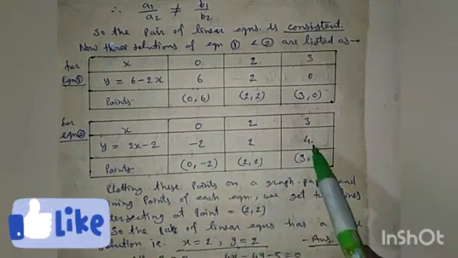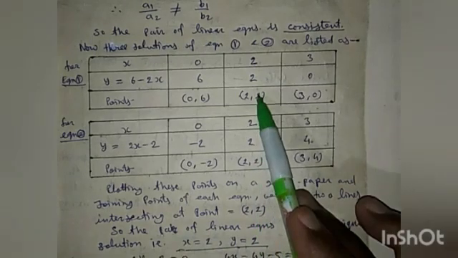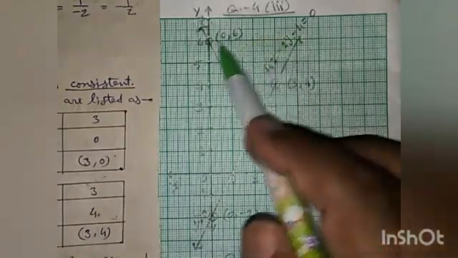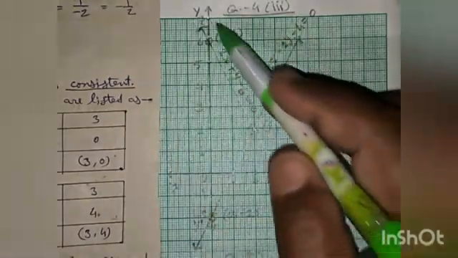We have here values of y equal to minus 2, 2 and 4. So the points are (0, minus 2), (2, 2) and (3, 4). Plotting these points on graph paper and joining the points of each equation, we get two lines intersecting at the point (2, 2). Here the solution is common, so it is the solution. So the pair of linear equations has a unique solution, that is x equal to 2 and y equal to 2.